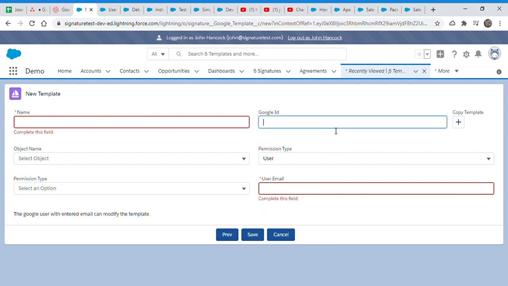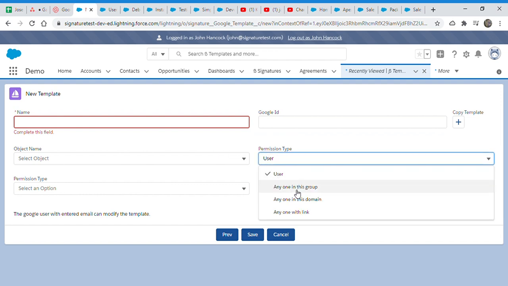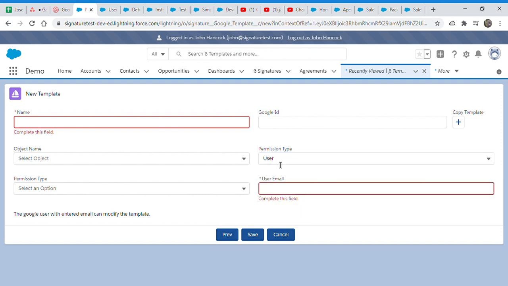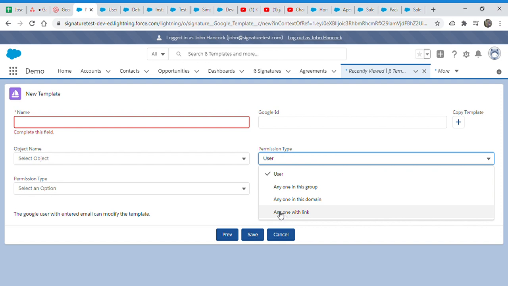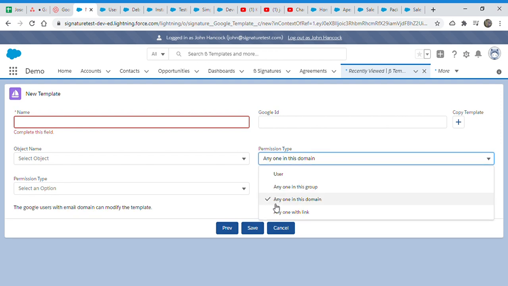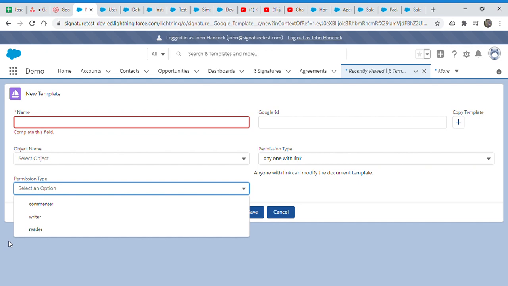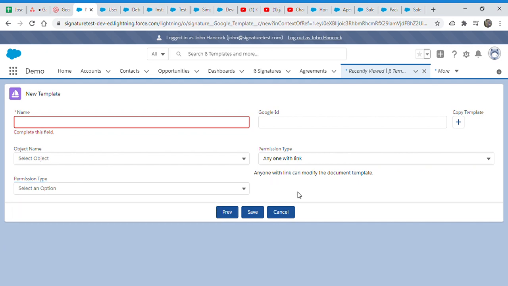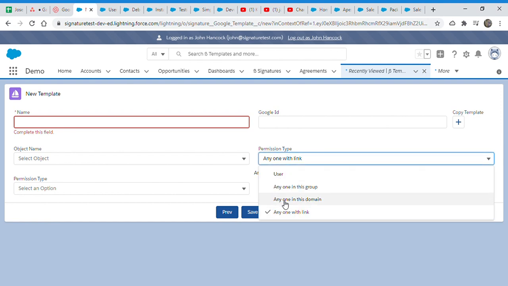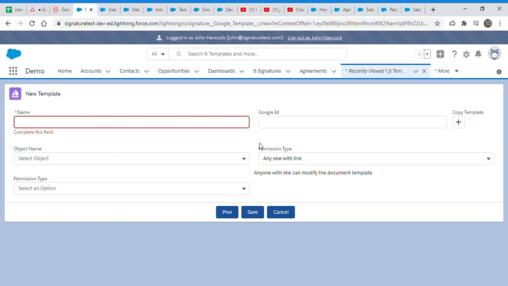So that means if I am the administrator and I should create a template, I will just set these permission settings to, let's say, domain level or anybody with the link, and give the reader access, so that when other users use this Google template, they can read it and generate a PDF. But if he wants to give write access as well, so that other users can modify the template, then in that case he has to do this.